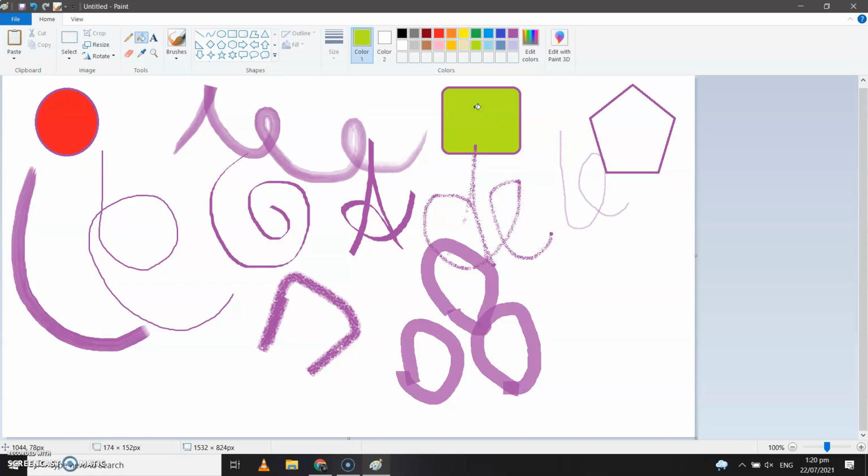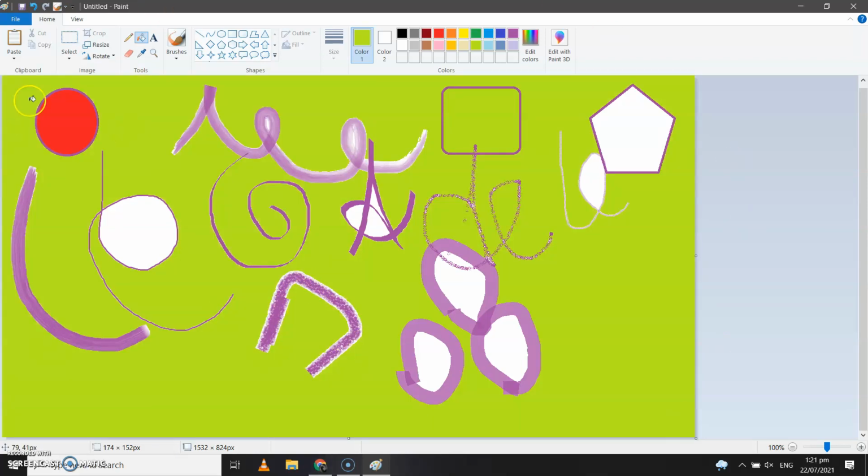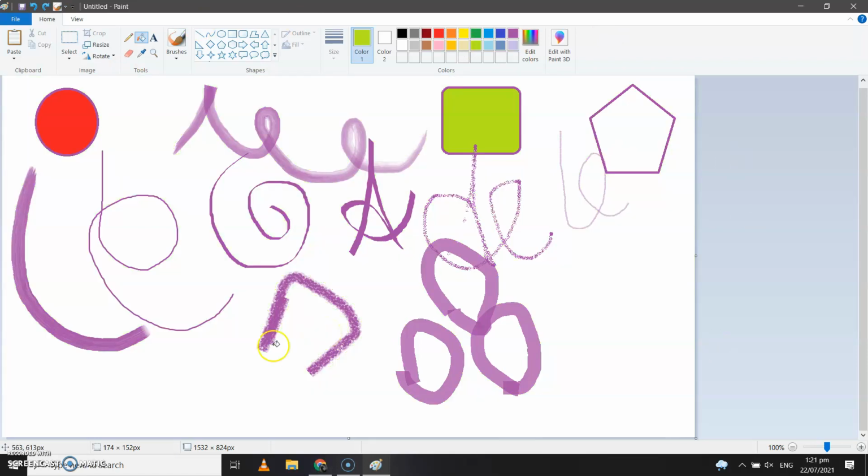Whenever you are using a fill color option, you have to make sure that the particular shape that you are coloring is surrounded by the boundary. If it is not surrounded by the boundary, then the whole canvas will get that particular color. Now for example, suppose I want to color this shape. If I click over here, see, the whole canvas will get colored. Why? Because this shape is not closed. You need to have the closed shape to use fill color option.